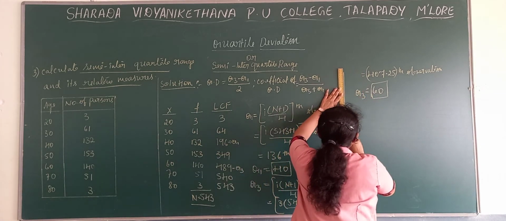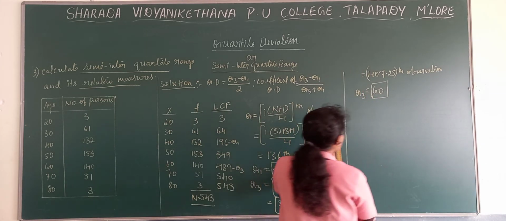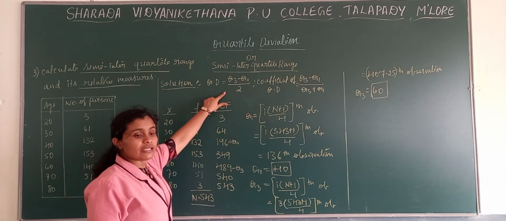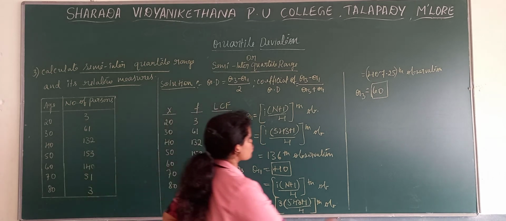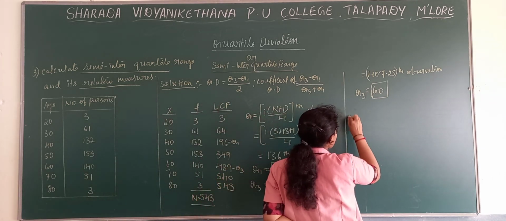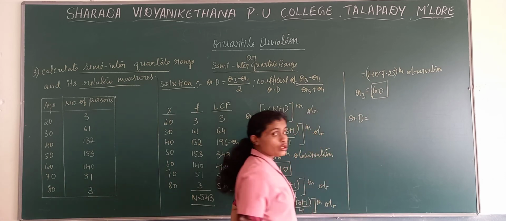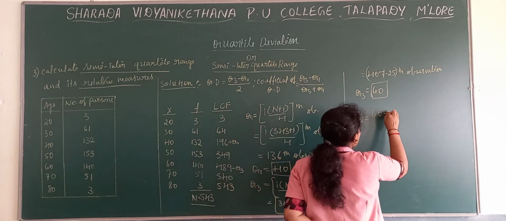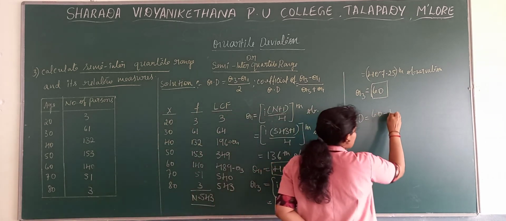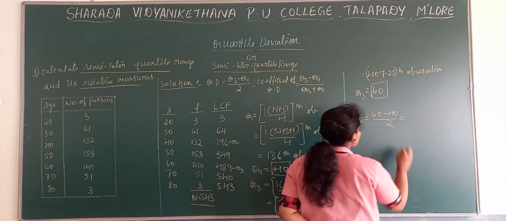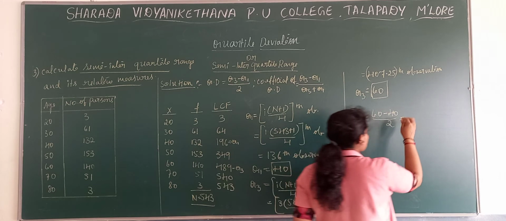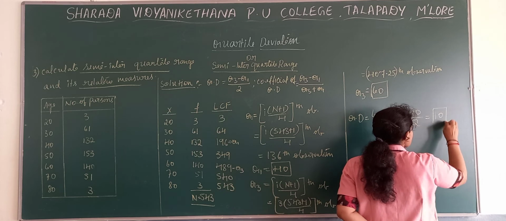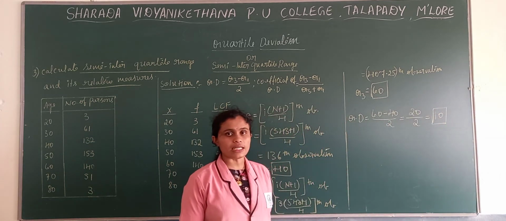Now next we need to look into the main formula, that is quartile deviation and coefficient of quartile deviation. So we have taken the formula. Now directly substitute into quartile deviation. So here quartile deviation is equal to Q3 minus Q1 divided by 2. Q3 value is 60. So 60 minus Q1, which is 40, divided by 2. So here it is 60 minus 40, that is nothing but 20 by 2. We get quartile deviation as 10. So this is our quartile deviation.